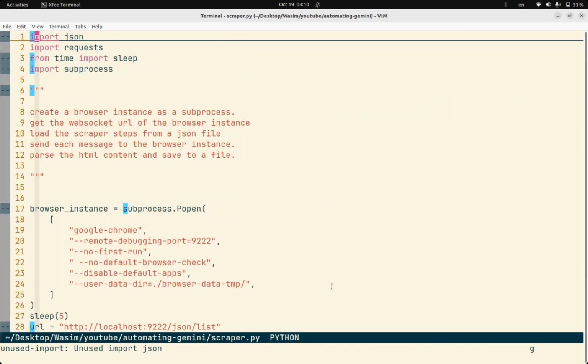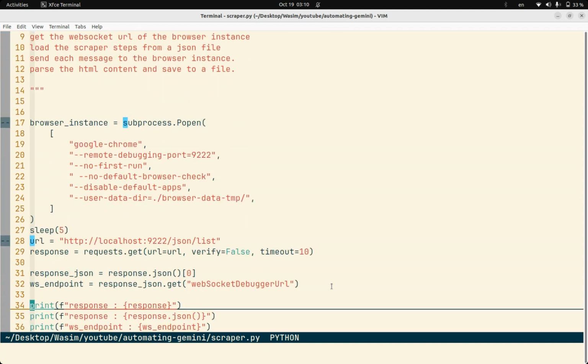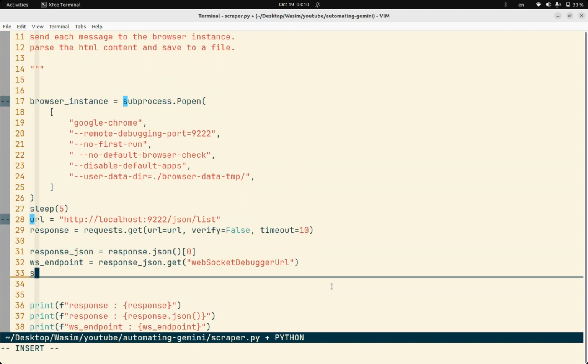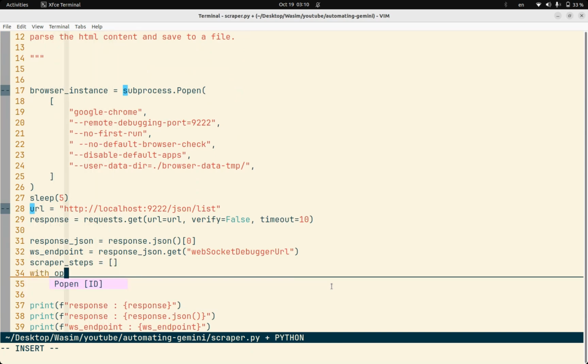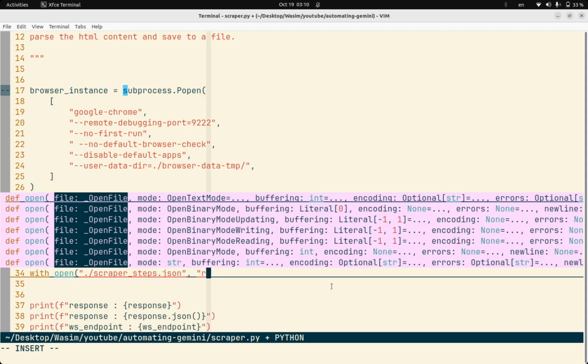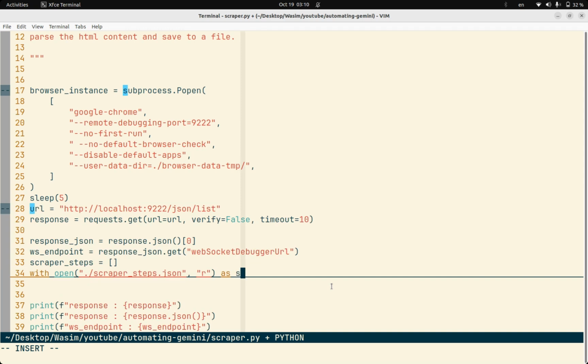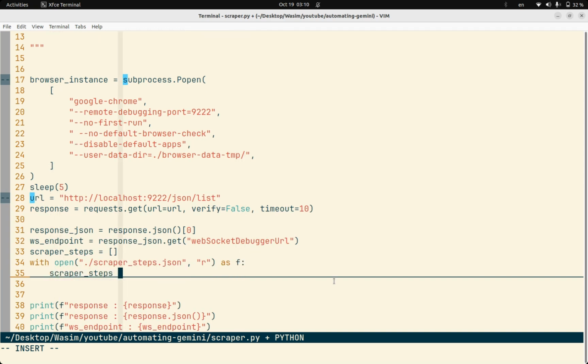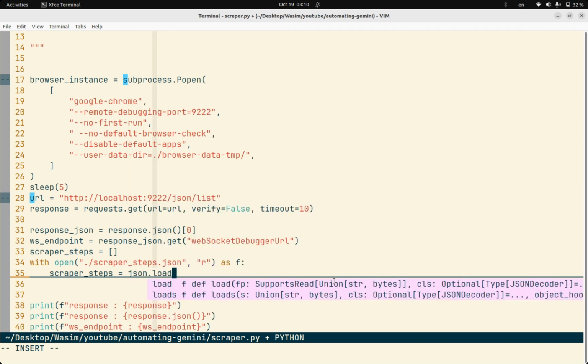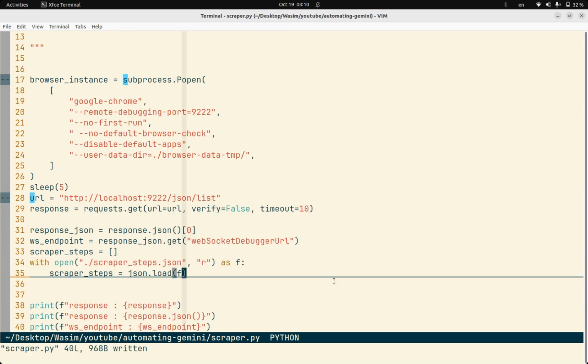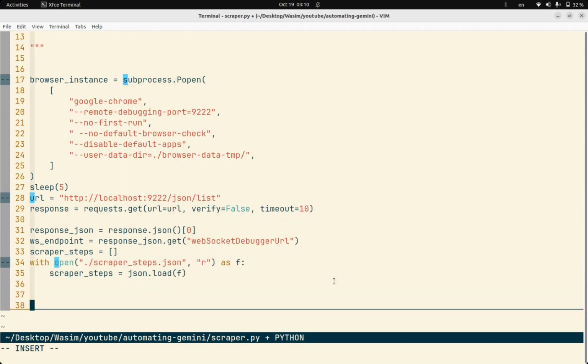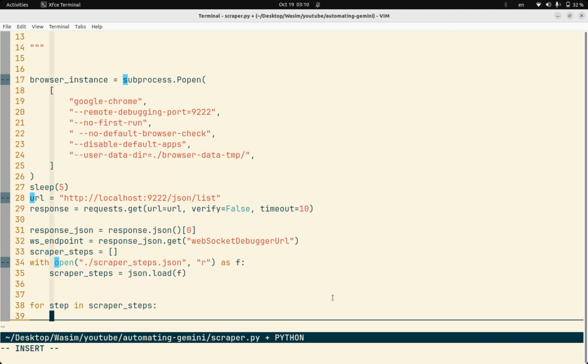So we'll come back and load the steps. We'll say scraper steps equals an empty list, with open ./scraper_steps in read mode as f, scraper steps equals json.load of f, and we should be able to get that. We'll remove this and say for step in scraper steps. Okay, before that,